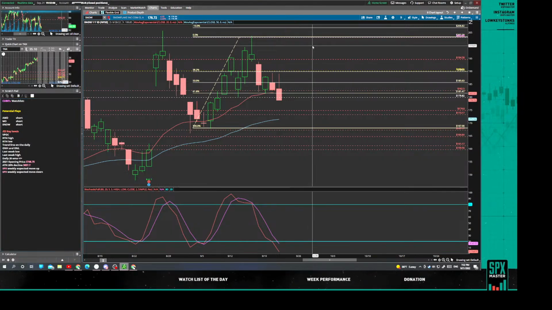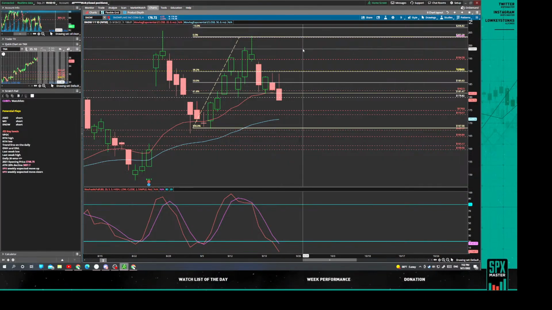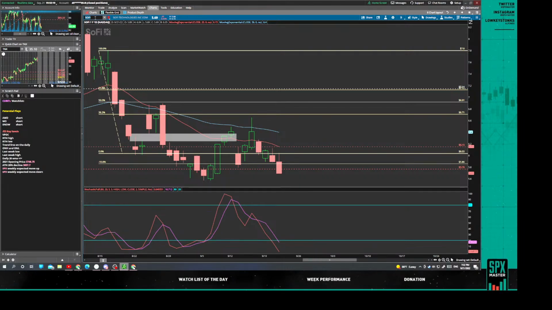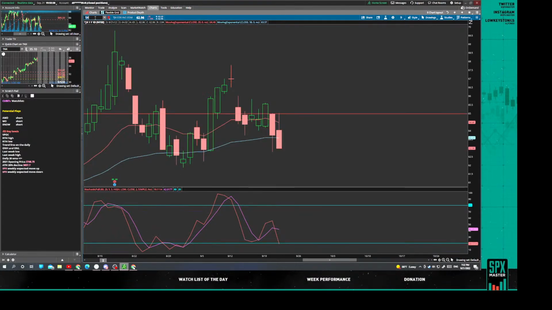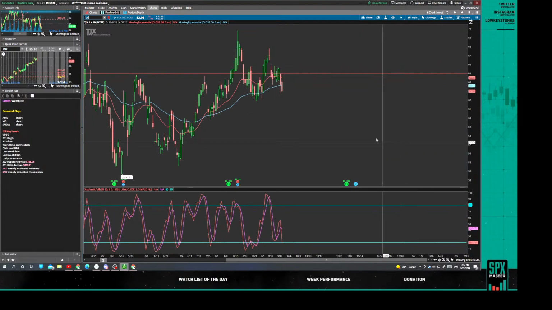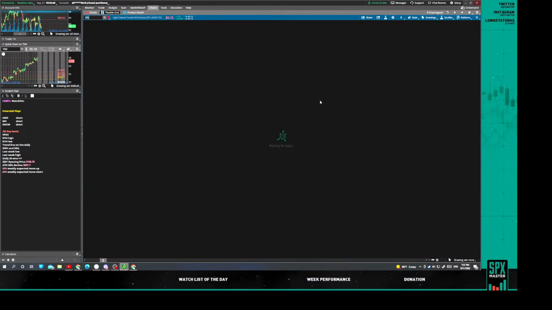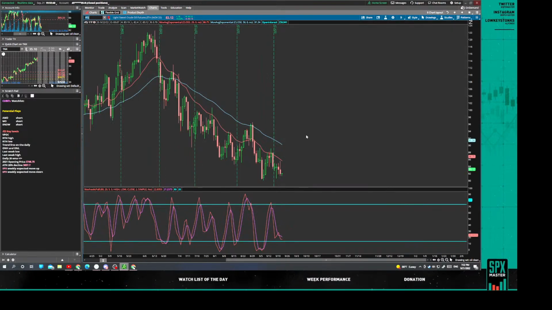All right, somebody throw me a setup that could be long. Maybe some small cap. No, everything looks like shit, guys. If you find a long setup, let me know. I mean, TJX was one of the long setups according to the scanner, but I don't think so. It's just because it's an inside candle, but no, I don't think it is.